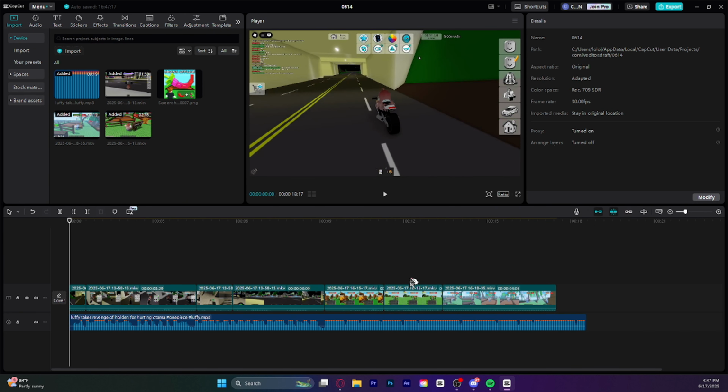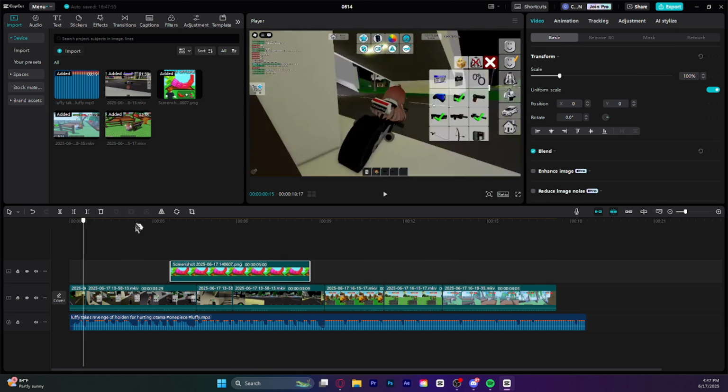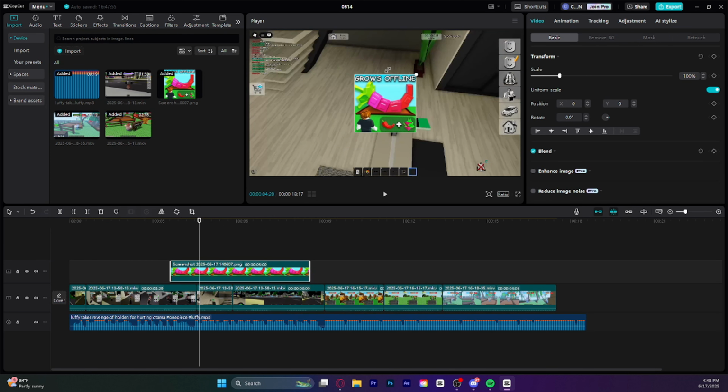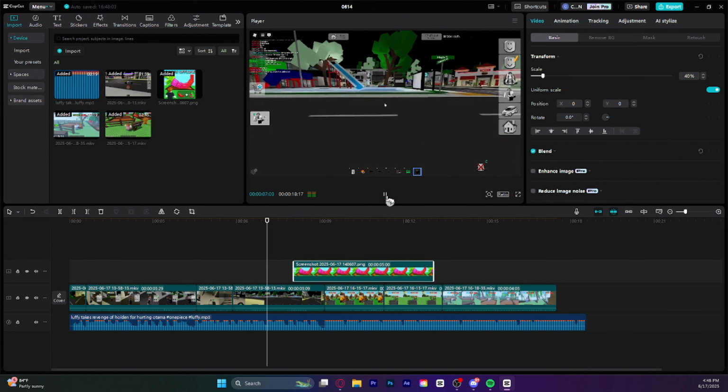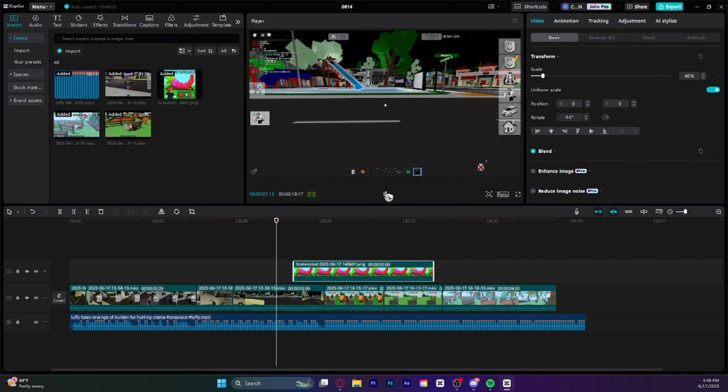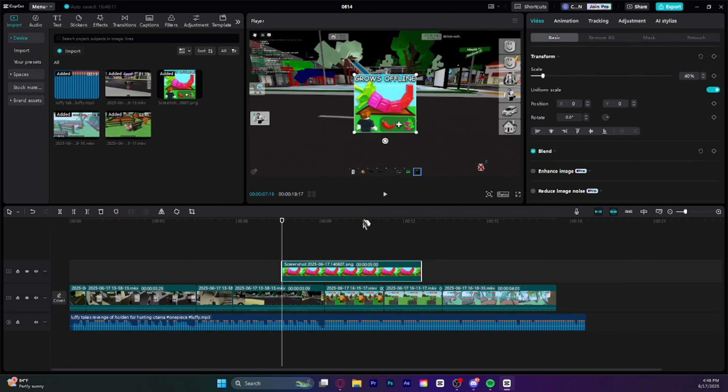Now, of course, it looks terrible because there's no effects. So, I'm going to show you some effects that you can use on your videos, and also what you can do. The first thing I'm going to show you is this. You can add screenshots. So, for example, for this video, I'm going to size this down, put this here, and right when I turn,